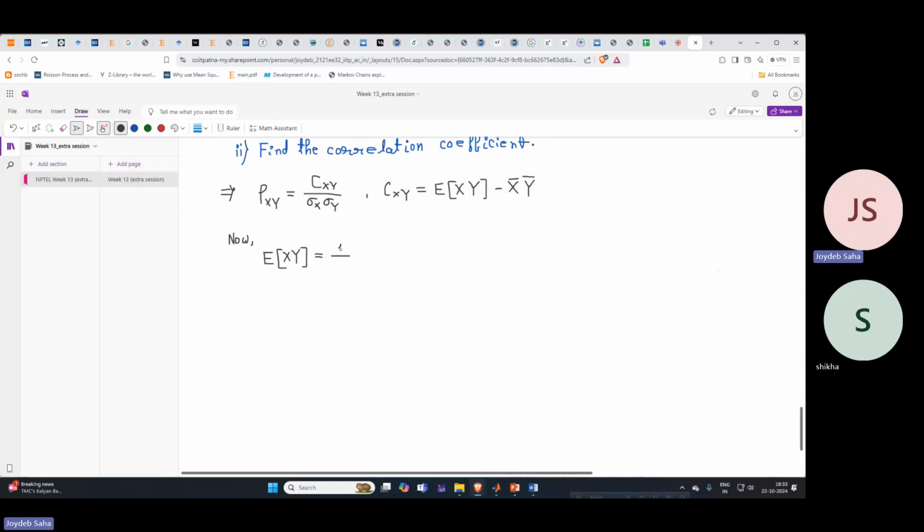So this will be 1 upon 40, y is equal to minus 3 to plus 3, x is equal to minus 1 to plus 1, xy x plus y whole square dx dy. Okay,